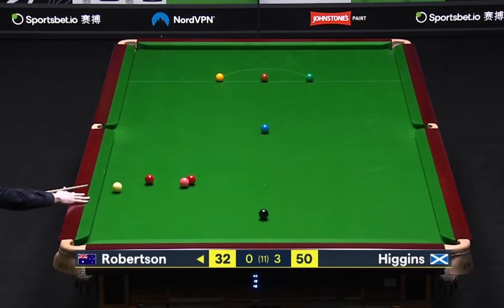Shots time, that red passes the pink to right corner. Pink may pot as well, which would help. What a big...